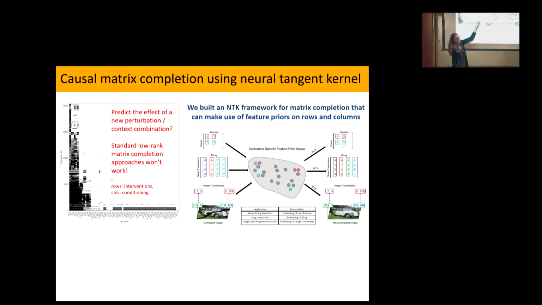So everything white means this experiment has not been performed. Okay, this is a pretty expensive experiment, so you'll not be able to fill in everything. So this is the transport question that I had on the previous slide, right? One is, you have seen this particular drug in this cell line.